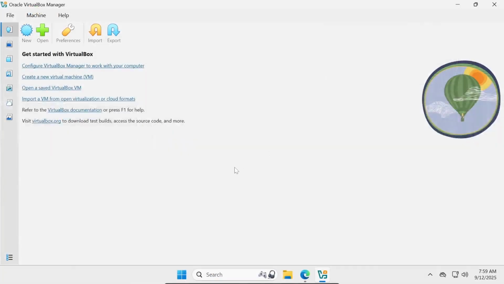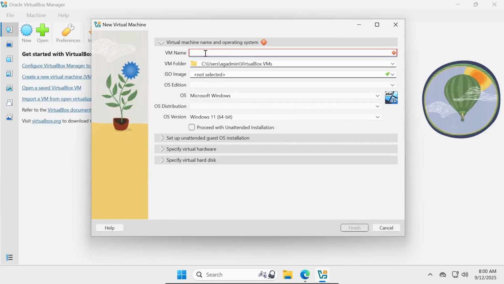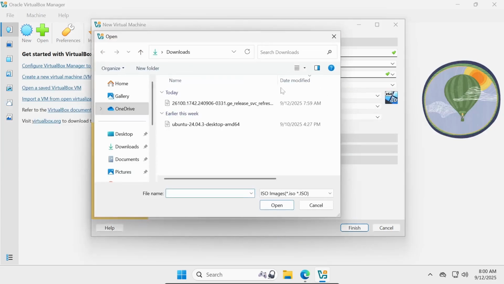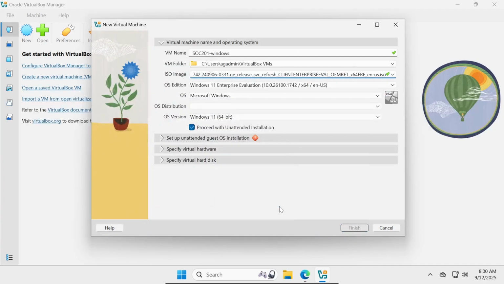But in this case, using VirtualBox, it's just as simple as going over to my home screen here and clicking on the new icon to create a new virtual machine. We just need to supply a name for our VM, so I'm just going to call it SOC 201-Windows. You can see the VM folder here where it's going to be stored, so I'm going to leave that as default. For the ISO image here, I need to go in here and select that ISO image for the Windows system that I downloaded. Let me go to Downloads here and find that ISO that I just grabbed from the Microsoft